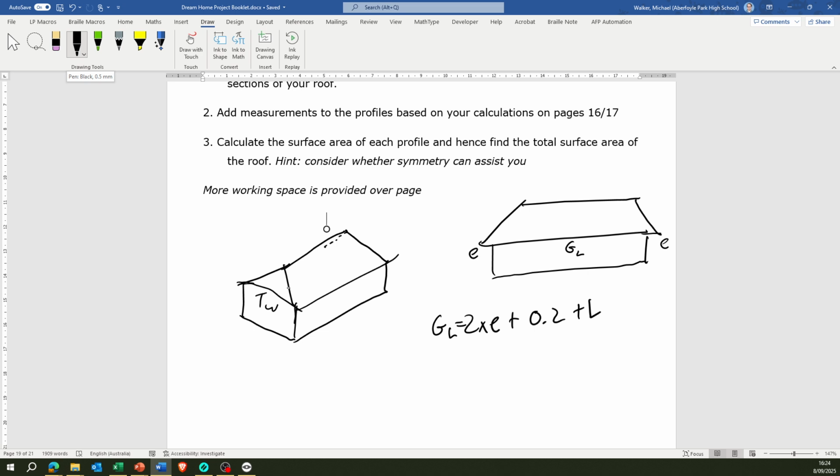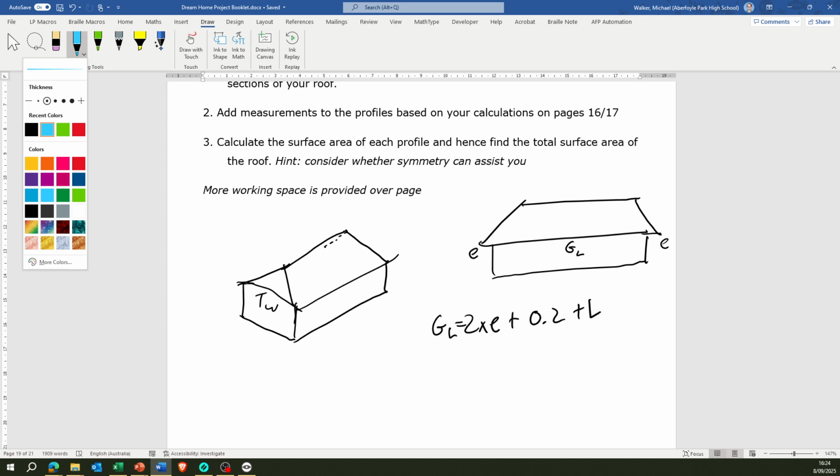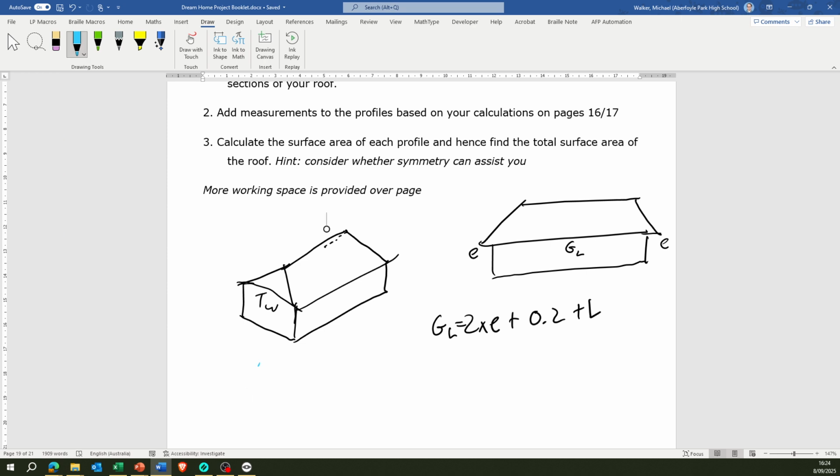Because if we're looking for the surface area of this triangle, if we pull that triangle out, this one here, it's going to look like this, with both of these being the same length, and TW, as in the truss width, being the width at the bottom. Now at the top here, we need the height, right? We need to know what this distance is. Well,